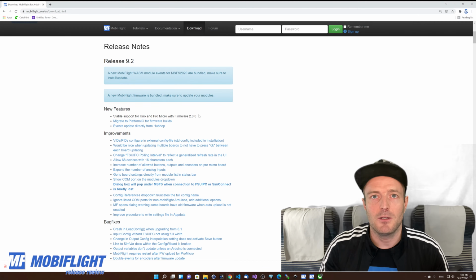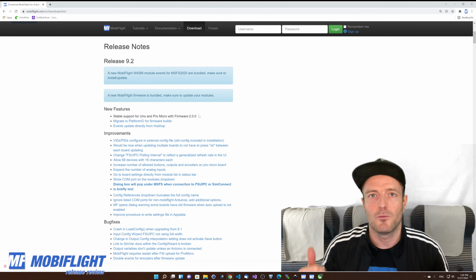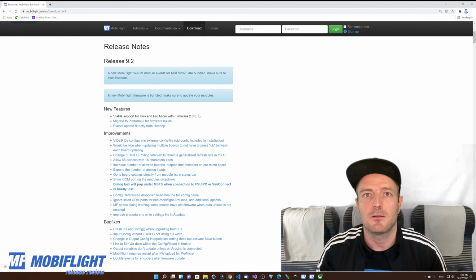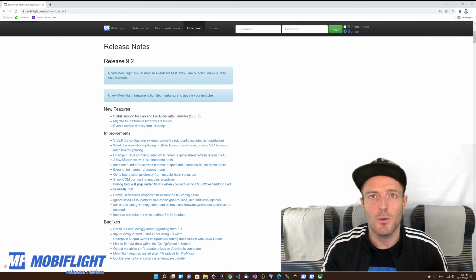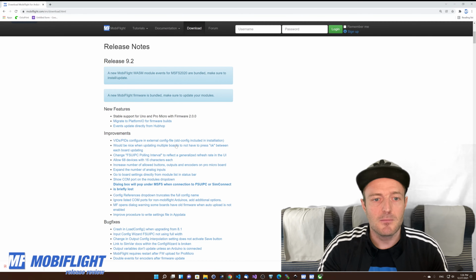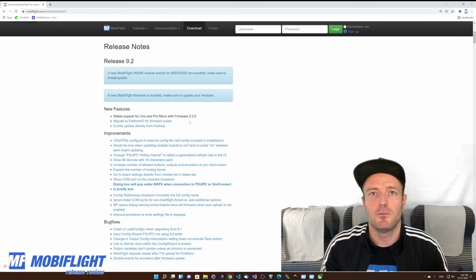LRAL did a lot of the heavy lifting on the performance improvements. Basically, we took a look at all the different libraries that we were using for all the different devices that MobiFlight supports, and we reduced the memory footprint by a lot. And as you can see, we can now say that we have a stable support for, or a stable firmware